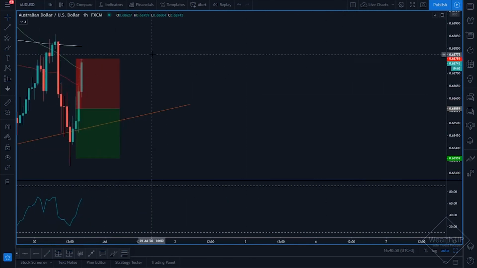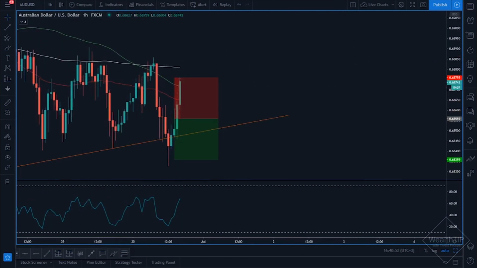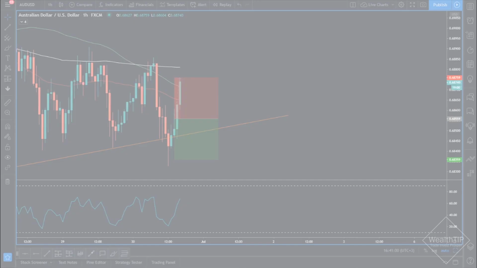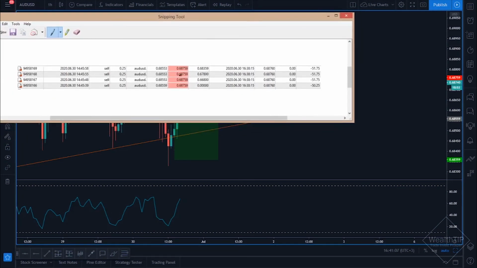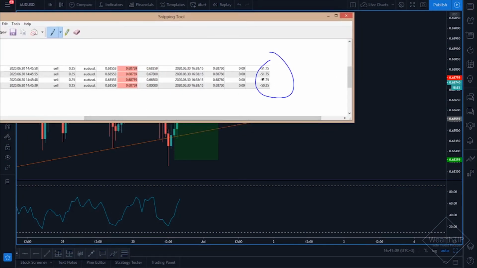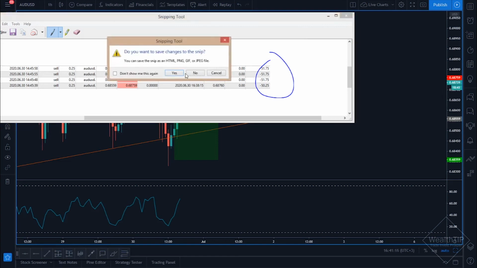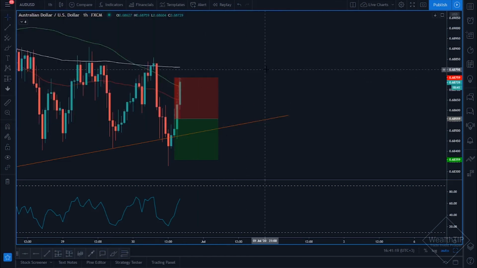Okay, guys, just back, and it looks like we got stopped out on this particular trade. Let me go ahead and get a screenshot of the position, and then we can calculate what the damage was. Okay, cool. As you guys can see, we were stopped out of the trade. We lost a total of just over $200. So a bit of a losing day today, but this is all part and parcel of trading as a whole. So for the most part, I really hope that you guys were able